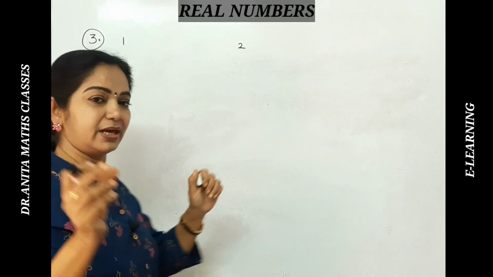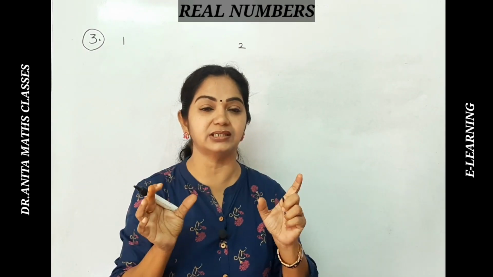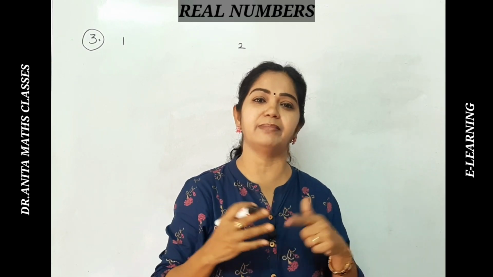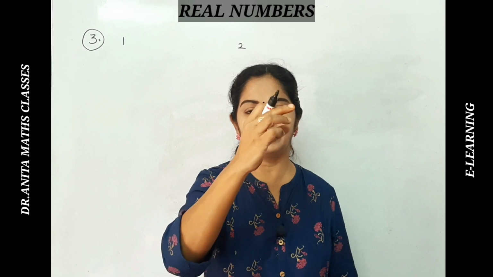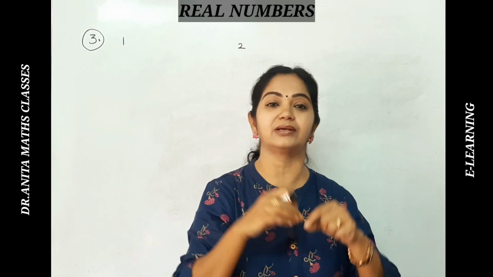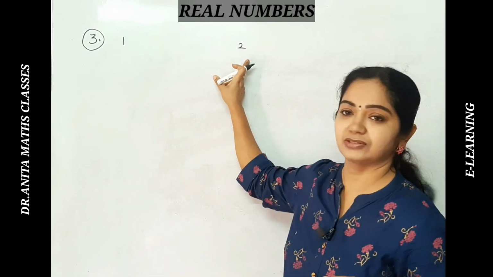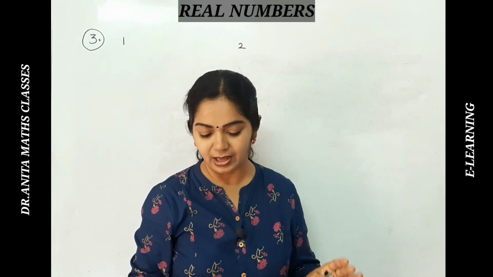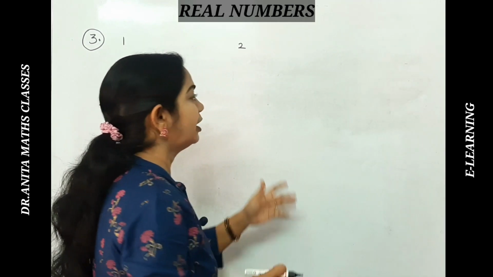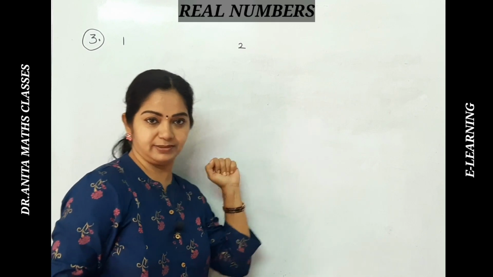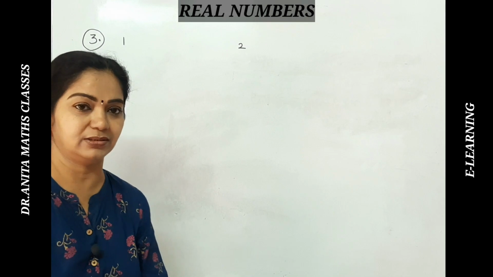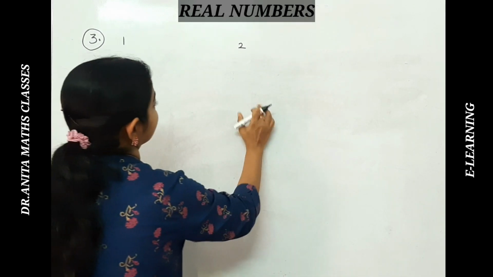Actually, between any two numbers we can insert infinitely many rational numbers, because rational numbers can be written in the form of p by q. So any fractions, all the integers, everything can be included in between two numbers. So we get infinitely many rational numbers. But here only 5 rational numbers are asked. There are 2 methods in solving such problems. I'll tell you both the methods and which method is applicable for what. The first method is the mean method.